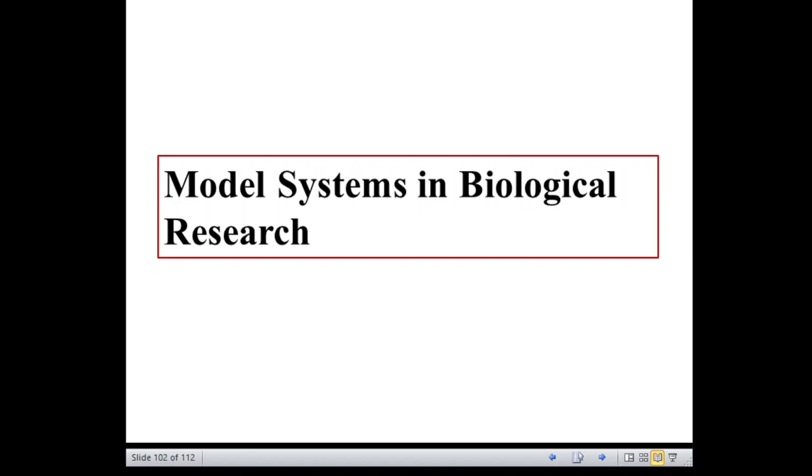So, this concept is more research oriented, and we will try to understand the in and out of the scope and relevance of model systems in biological research,